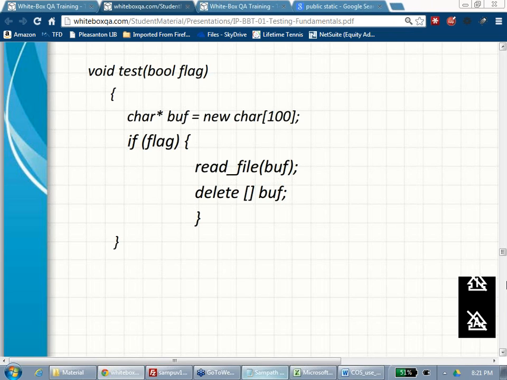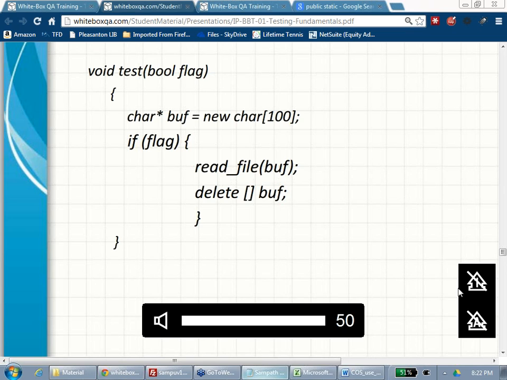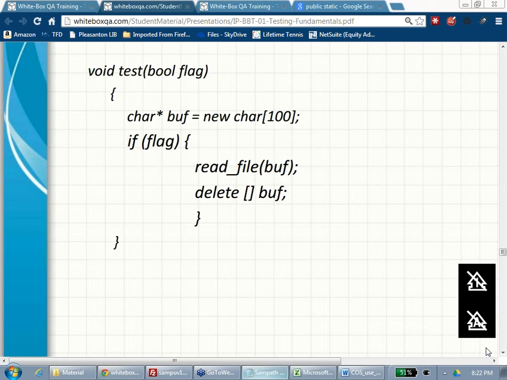Delete buffer. Very good, Rani, but can you explain to me? Rani, can you speak up? What do you mean by delete buffer? Like whatever value is saved inside the flag. Rani, you are unmuted, you can speak up. Whatever the value which is saved, okay, no problem. It's in the buffer.